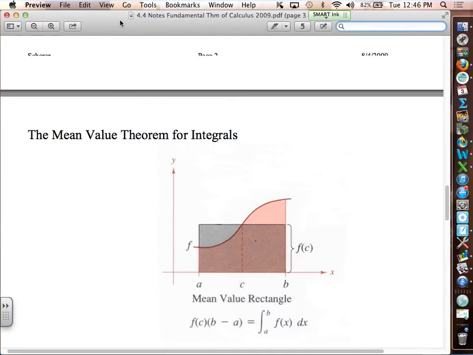All right, so we're going to learn the mean value theorem for integrals. We looked at the mean value theorem for derivatives, which talked about the average rate of change. So when you think of integrals, you're thinking of area. So the mean value theorem for integrals talks about where the area for this rectangle would equal the area that's